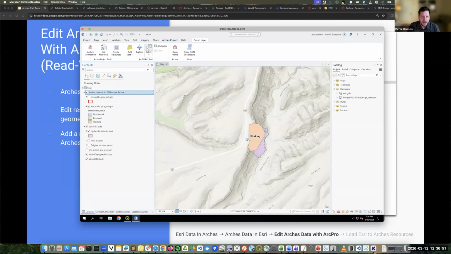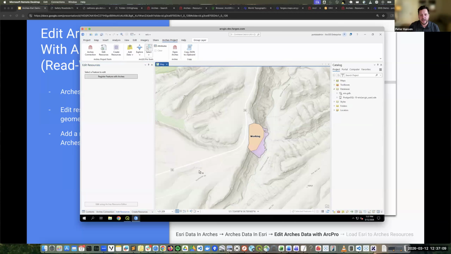And we see that actually they went out and they did the LiDAR work and they determined that this is actually the new toe of the new extent of the incident. What we can do using the add-in is queue up this resource in Arches with an update. So if I go here and I select that resource and I register it,